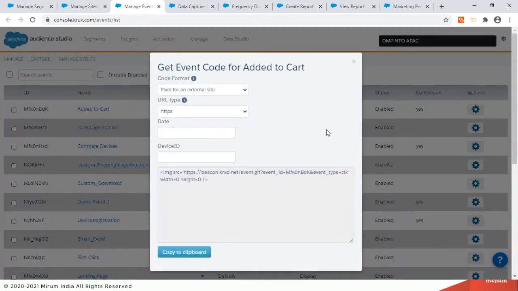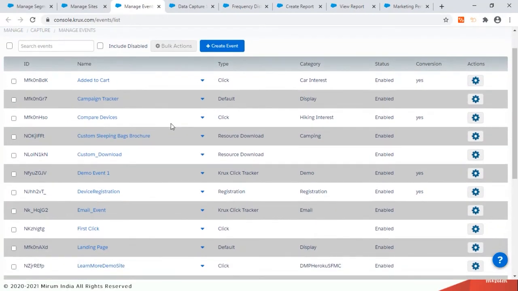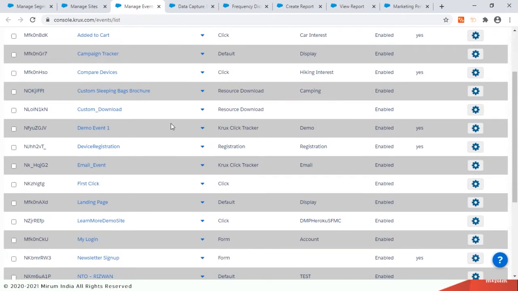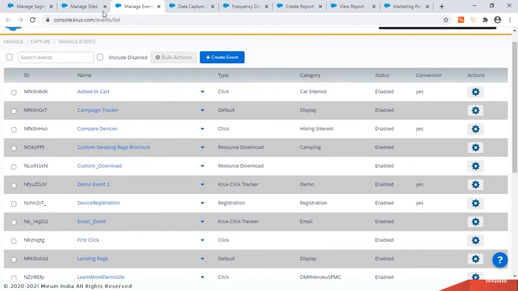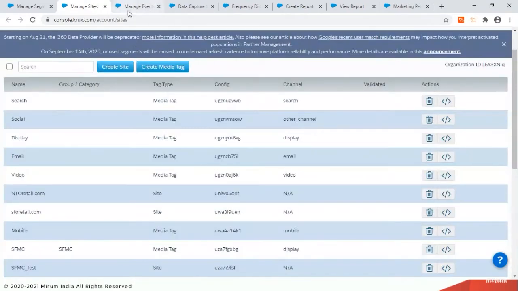on the website so that anything which is getting added to the cart gets tracked, and I can stitch the story together. Who are the visitors and who are the people who are taking actions, like adding to a cart? Watching a video could be one such action, watching maybe a social media activity could be another, right? So that's how, on my own properties like website and app, I will be capturing data.